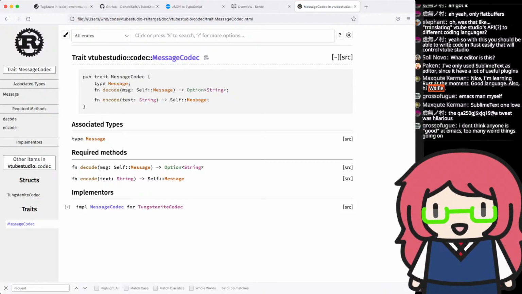And it basically just is a description of how to convert your WebSocket message to just a string. So the vtubestudio API sends a bunch of strings, and you want to parse it. So if you have something like